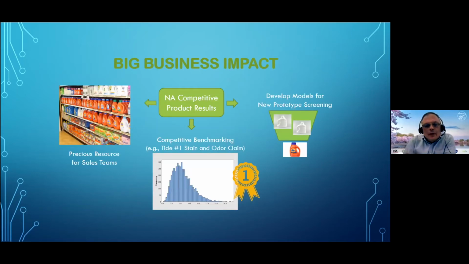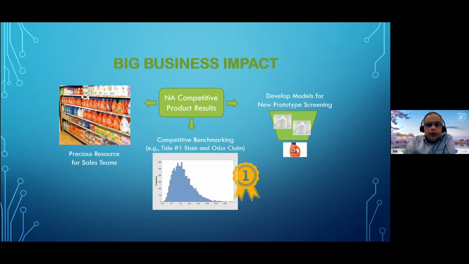So before I go into more details about this project, just why is this so important to us? There are several critical benefits or value that it adds. On the left-hand side, you see shelf. That's meant to represent that in order to sell product, they have to appear on the retailer shelf. And it's not that easy to appear because there's a lot of competition of products. So you have to convince retailers that your products are really superior and will be selling well.